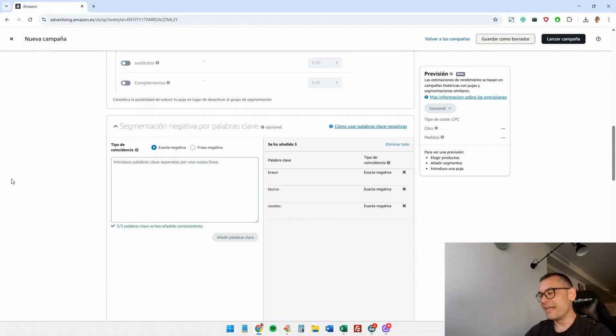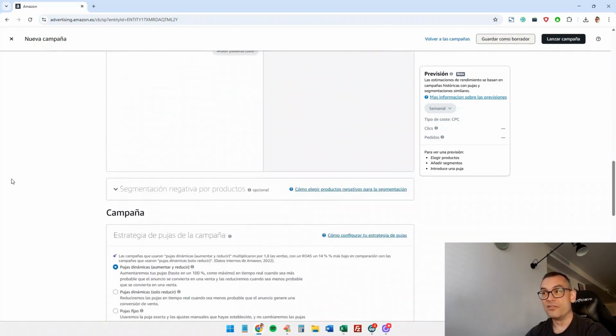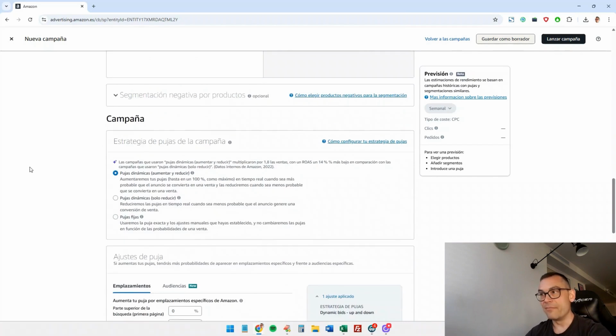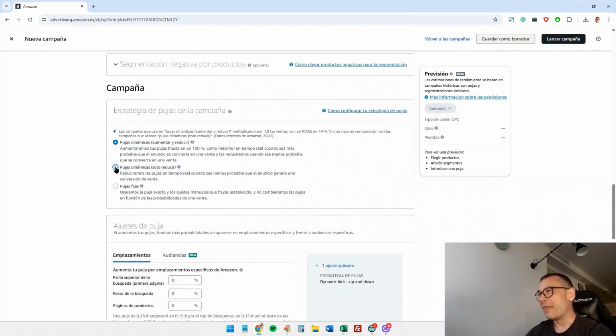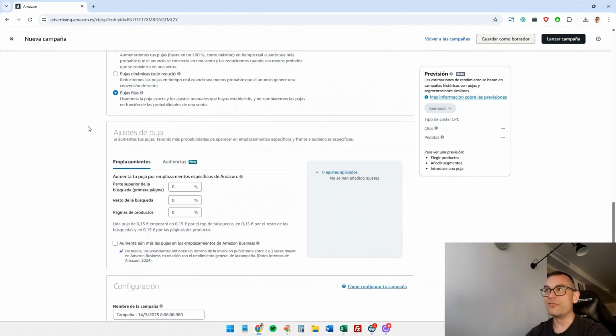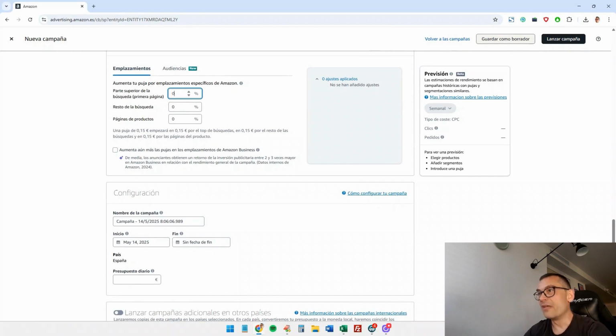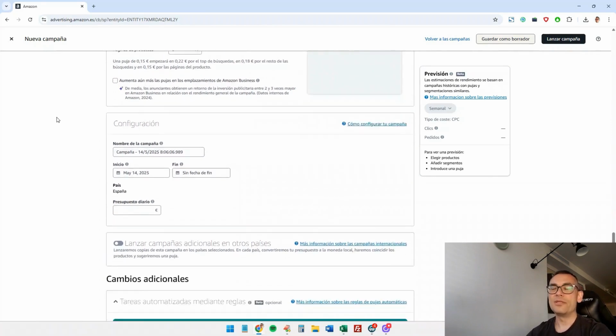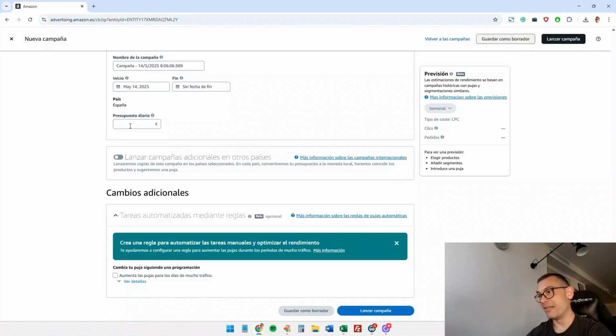How are we going to maintain and scale it? Well, if it's working well, don't raise the bids, just increase the budget. Add exact negative keywords to avoid clicks that don't convert. If you're not meeting your ACOS targets, the advertising cost of sale, right? Lower your bids and set a bid cap so you don't overspend and can keep low-cost traffic. What will we achieve with this? Very cheap clicks and conversions that will have a very high ROAS. Easy, right? So now you know, set it up, keep your bids low, and increase the budget as you start seeing results.